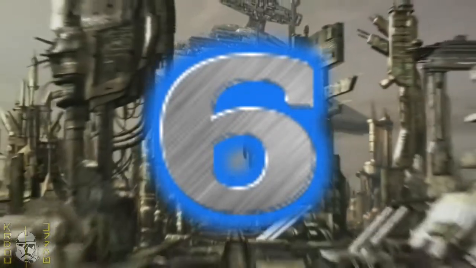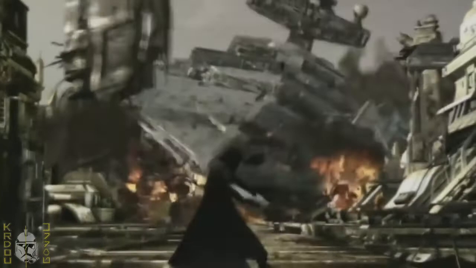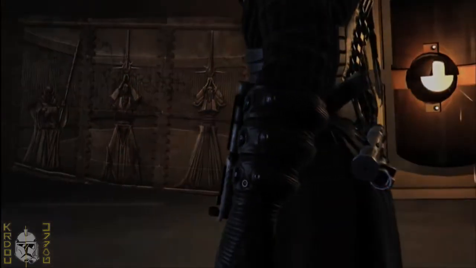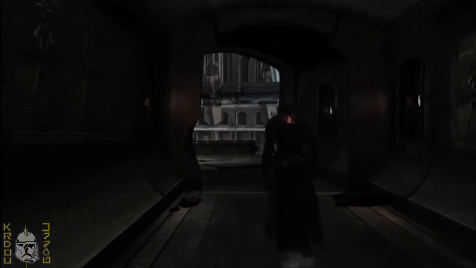Number 6. Star Wars The Force Unleashed Ultimate Sith Edition. One of the best games of all time, the truest story of how the Rebellion was born, and with one of the best non-canon scenarios, the Ultimate Sith Edition is a treasure, not because of having the content that now can also be downloaded for the standard Force Unleashed, but because it's the only way to have Force Unleashed for computer,